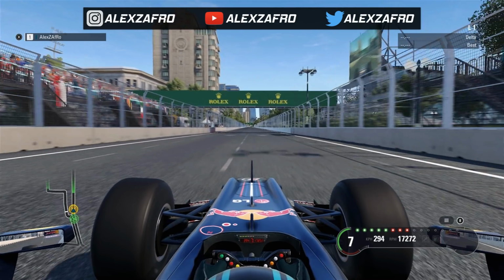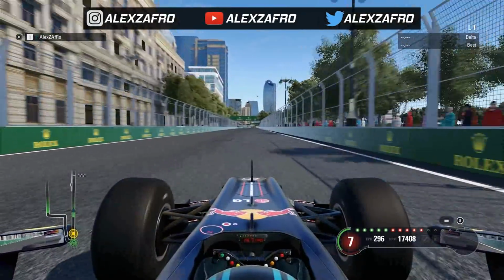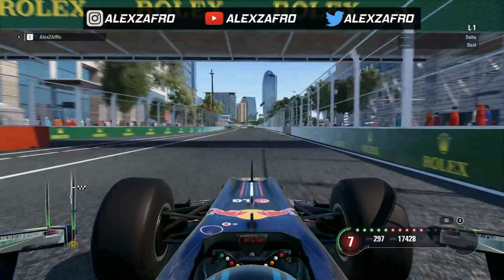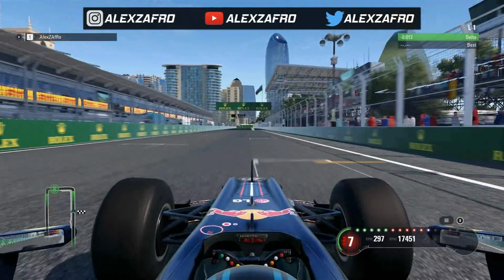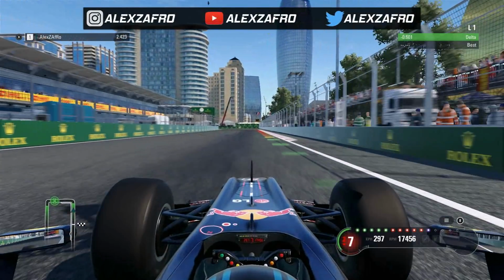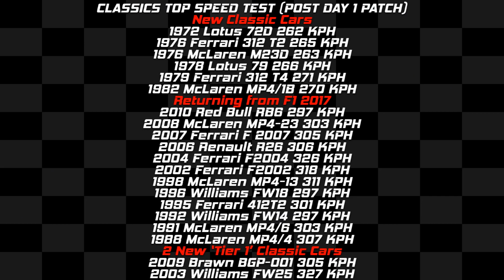Now on board with the last car in this test, which is the 2010 Red Bull RB6, and we expected this car to not be very quick in a straight line. It was never a quick car in a straight line, the Red Bull. Even to this day, they focus more on the downforce and go around the corners, and 297 shows that. One of the slowest cars since 1996 in this test, and there are all of the top speeds for you